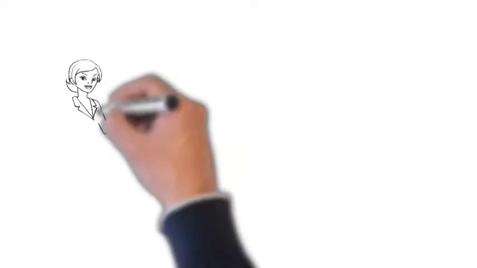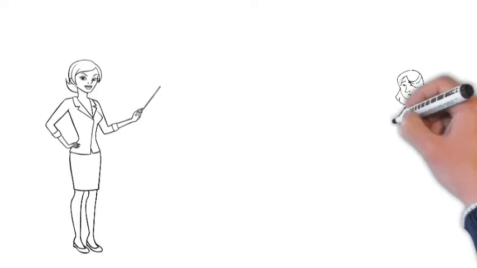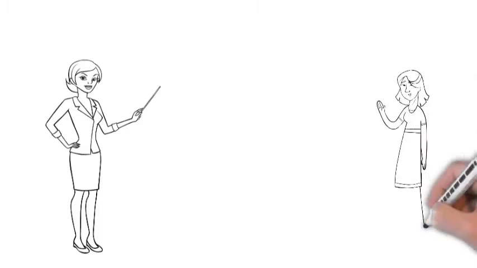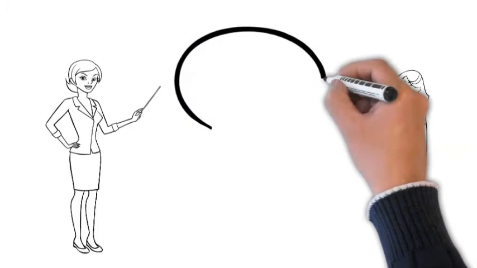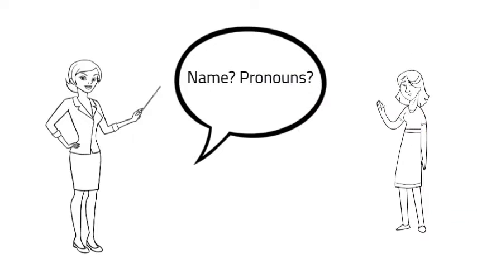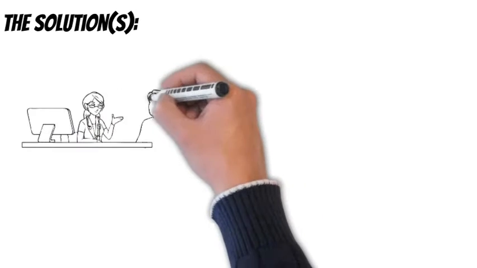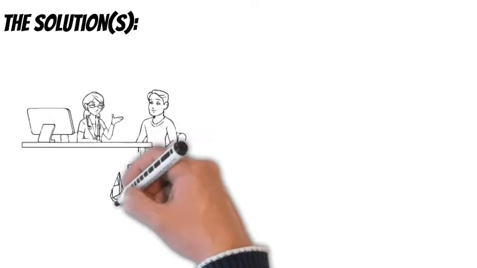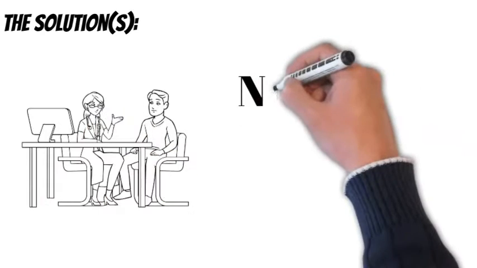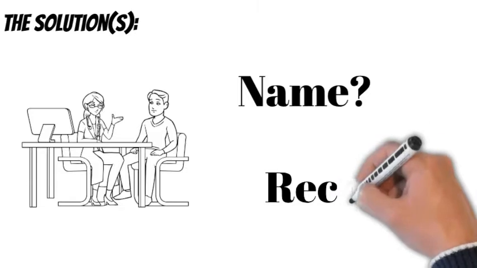The problem was that I needed to have an easy way to remember a student's chosen name and sometimes pronouns when I was giving feedback on things like discussions and assignments in the Grade Center. So the solution for this problem was basically two parts. I needed to find out what name the student preferred to use and pronouns too. And then I needed to have a way to record it so that it was easily accessible when I was